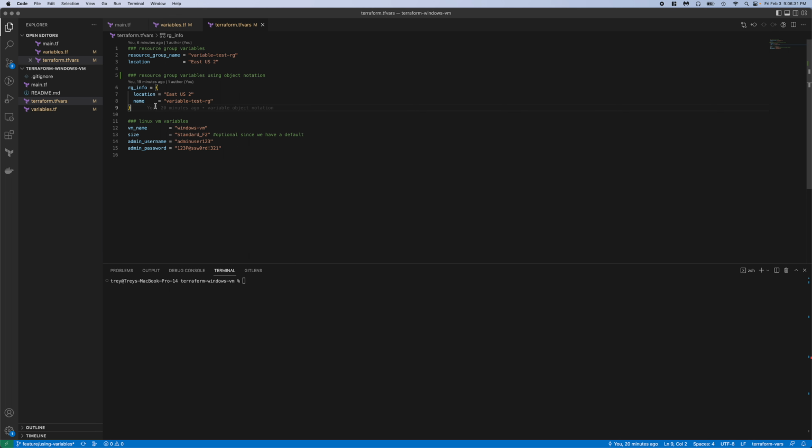Again, going back to rginfo, this is the object notation. Very similar setup. It's just inside of the object rginfo, and then it has properties, location and name. And lastly, you can see our VM variables. So VM name, just windows-vm. Size is Standard F2. Again, that's optional since we have a default. I could actually comment this out and it would still run just fine. And lastly, we have our admin username and admin password defined. So going back to the main,